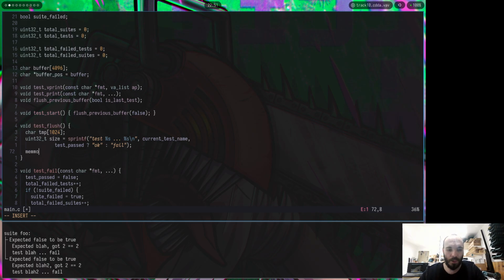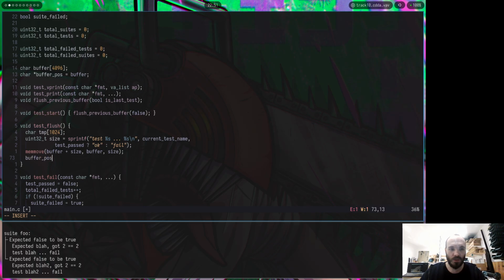Let's try that. Destination is going to be buffer plus size. Source, buffer, amount, size. Let's not forget to move buffer position by size once we're done. Okay, and then finally I just need to do a s. You know what, I'm going to do mem copy in here into buffer of... problem